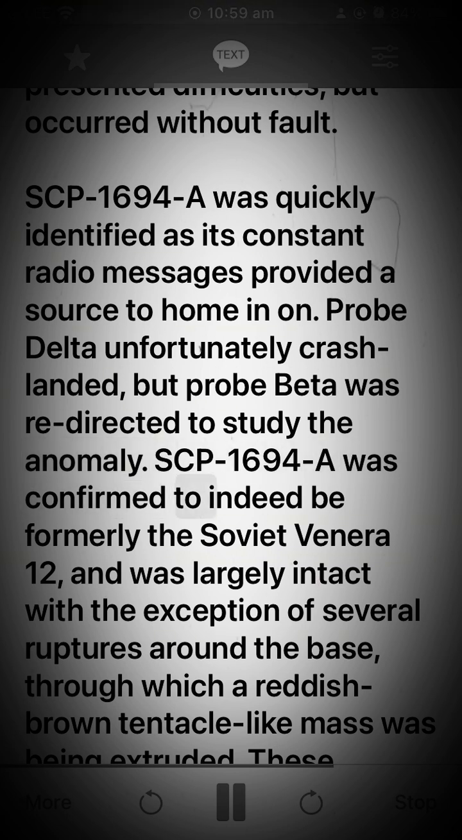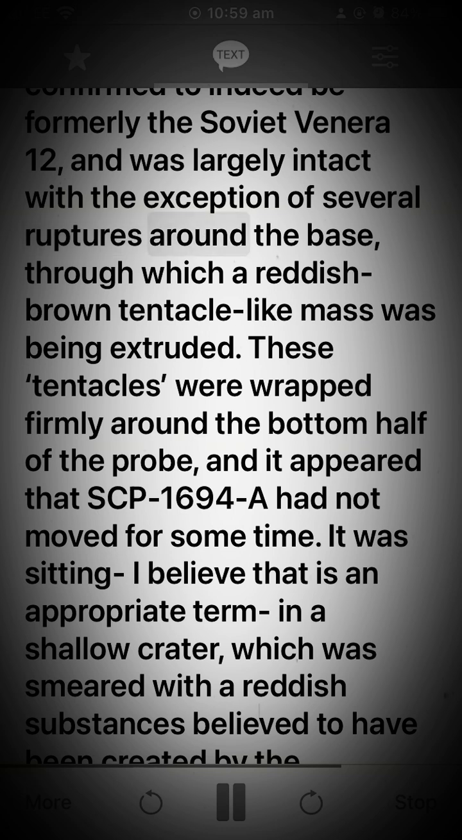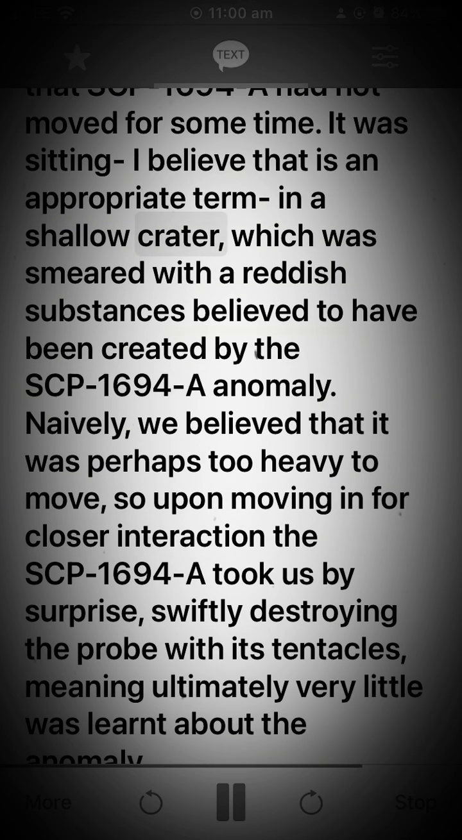SCP-1694A was confirmed to indeed be formerly the Soviet Venera 12, and was largely intact with the exception of several ruptures around the base, through which a reddish-brown tentacle-like mass was being extruded. These tentacles were wrapped firmly around the bottom half of the probe, and it appeared that SCP-1694A had not moved for some time. It was sitting, I believe that is an appropriate term, in a shallow crater, which was smeared with a reddish substance believed to have been created by the